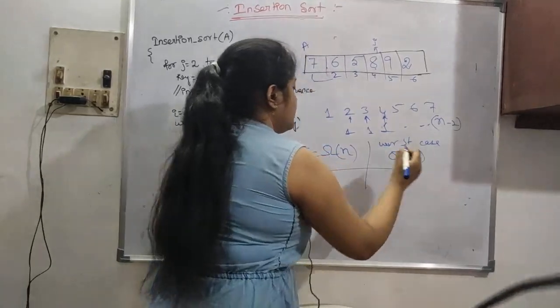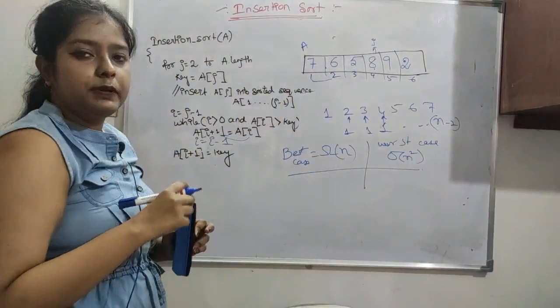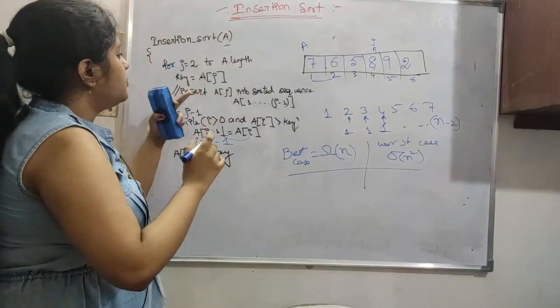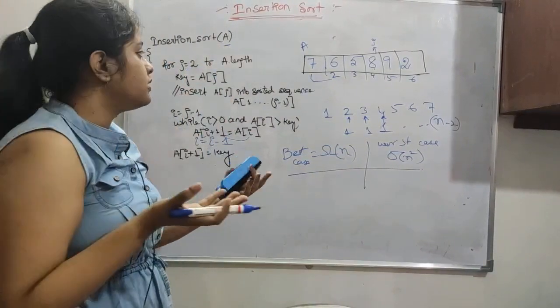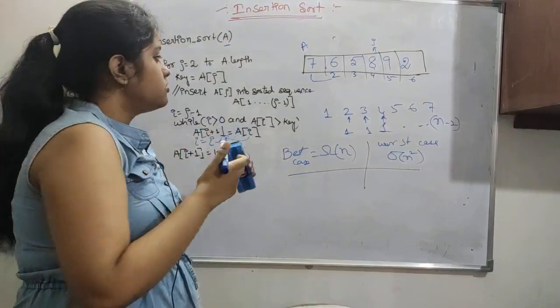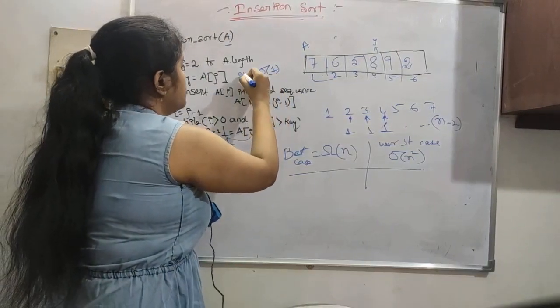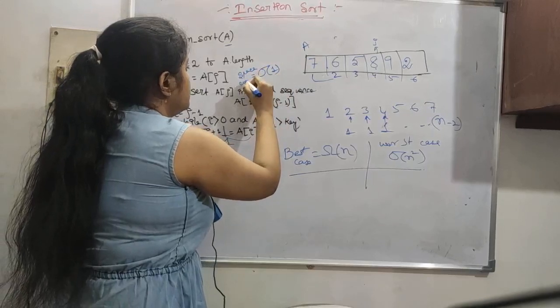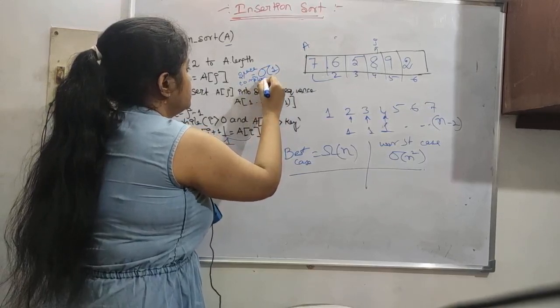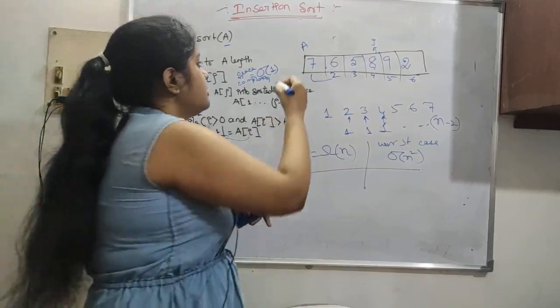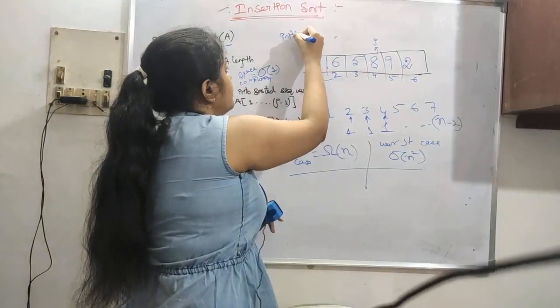Okay, so now we have seen this. Now space complexity. Space complexity is just the array, and we are not needing anything more than what is already given. So here space complexity is order of 1. We are not needing anything extra. And also you can check this out, this is an in place algorithm.